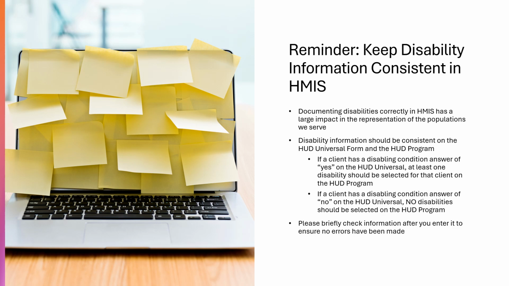So again, it's very important to keep all this information very, very consistent. HMIS is what we eventually turn into HUD, and this gives a picture of the people we serve and the programs that we were serving. And I know it's easy for me to sit at my computer and say, hey, make sure this information matches. But as you're talking to your clients, it might be a little bit harder to get all this information correct through your paperwork. But I would advise you just to go through your paperwork after you enroll a client, make sure it's consistent before you add it in HMIS, and then just double check your HMIS information to make sure